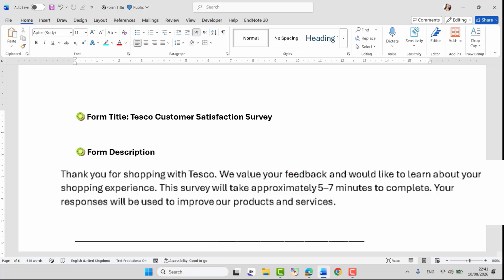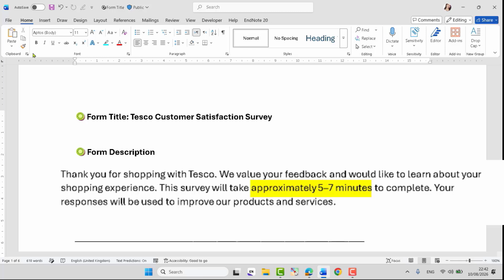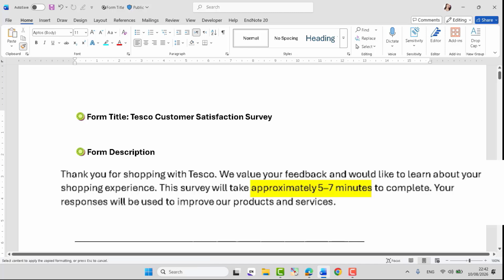And it's very important to give them the estimated time needed to fill in the survey. For example, we mentioned approximately 5 to 7 minutes, we did not specify, because we need to be inclusive as a business. Because it is based on their circumstances. It's not a definite 5 to 7 minutes, it's just approximately. So this is only an estimated time because probably it is based on their Wi-Fi speed, and also on whether they have dyslexia or not. So these are the main